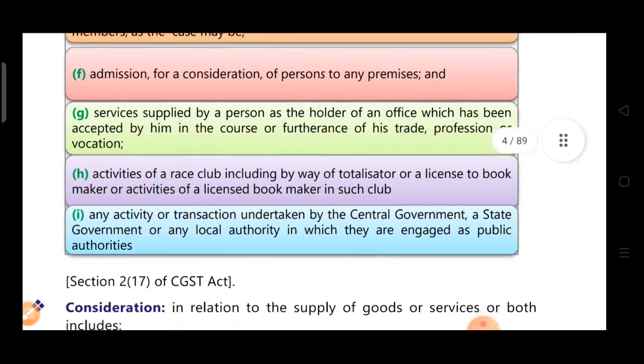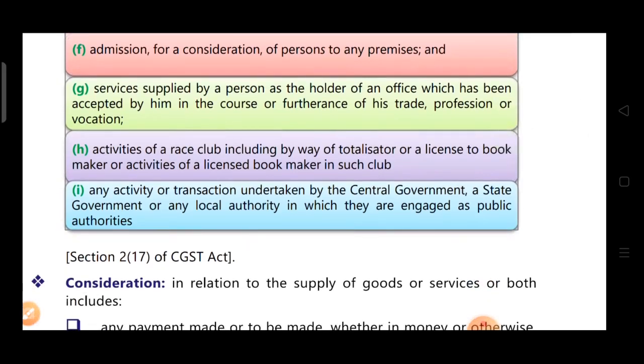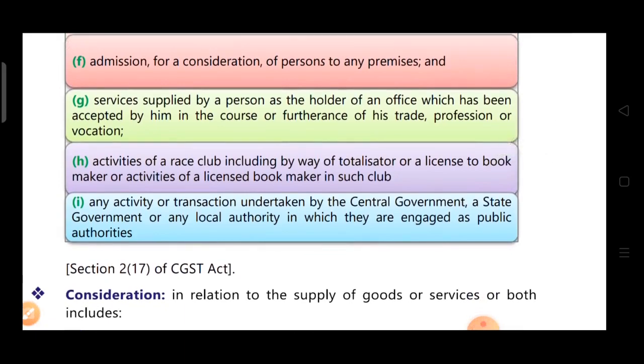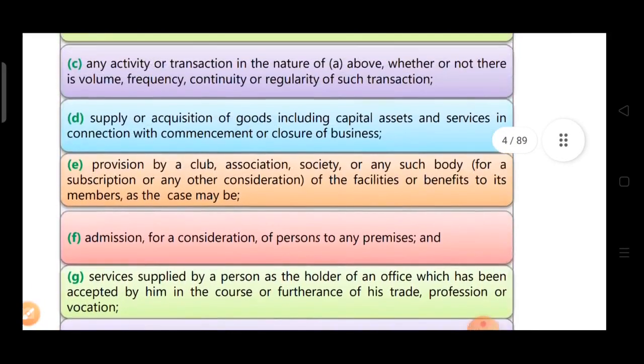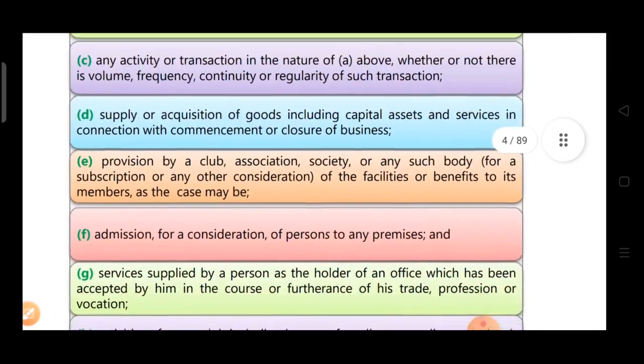Now activities of a race club, that is included by way of, one sec, A B, yeah,